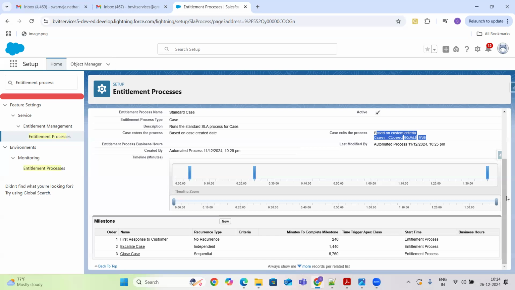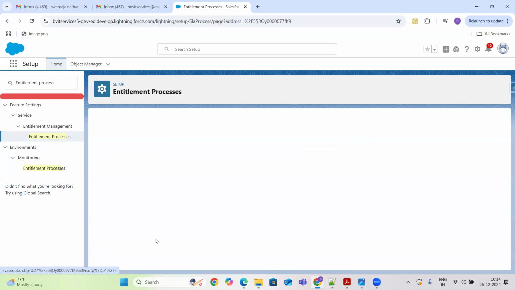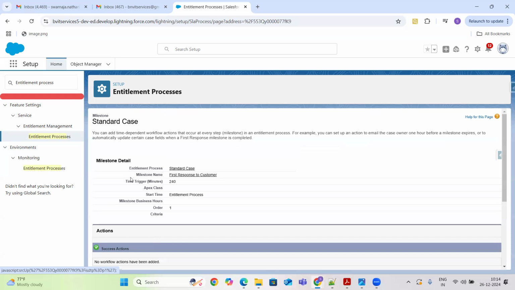If I click on this milestone, we are going to select the entitlement process and milestone name. This is the first response to the customer. Time to trigger: this milestone is going to trigger at 240.